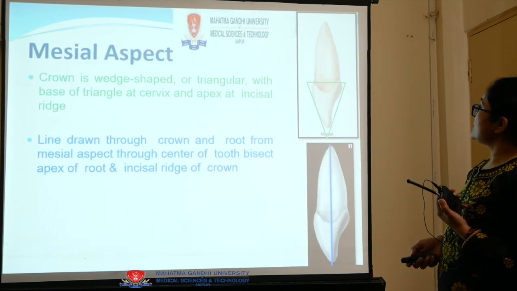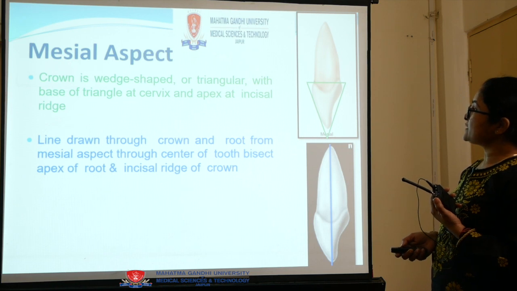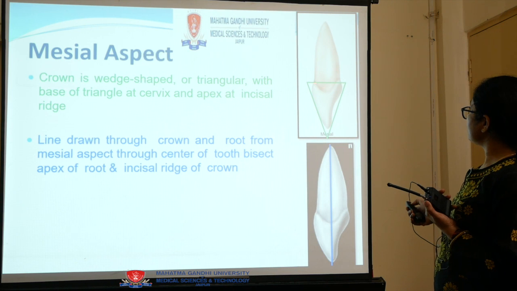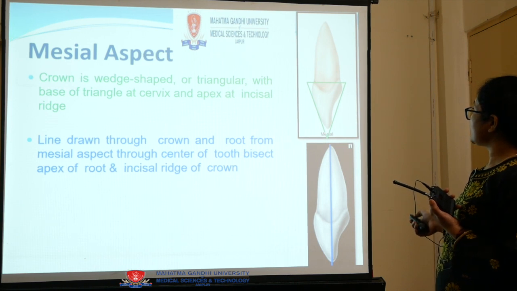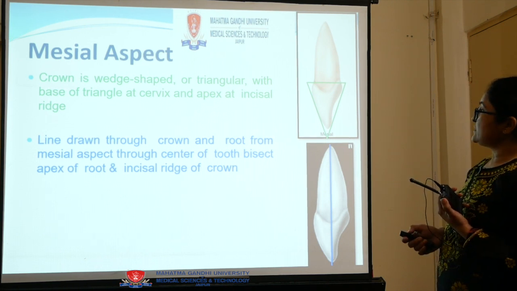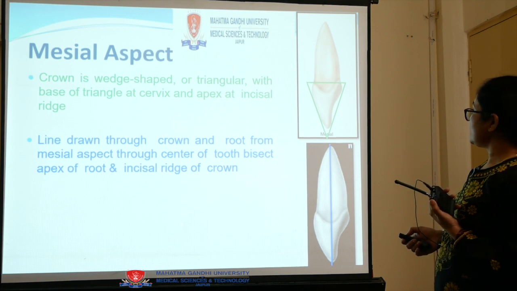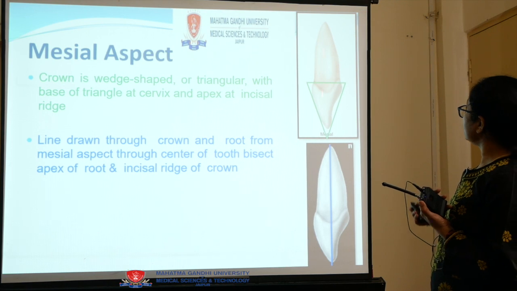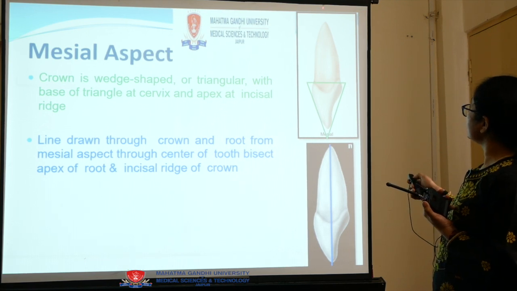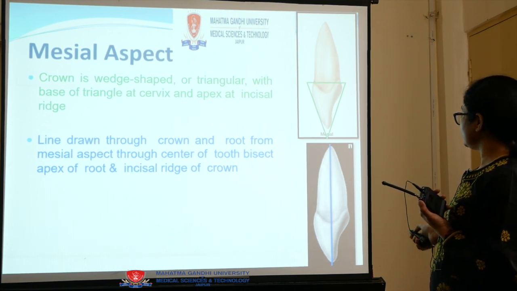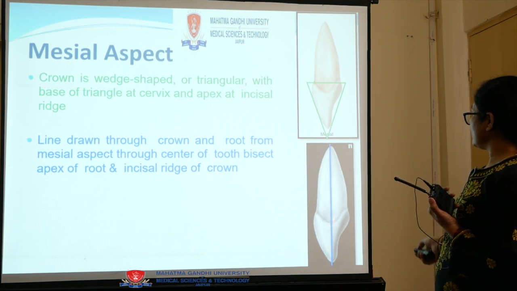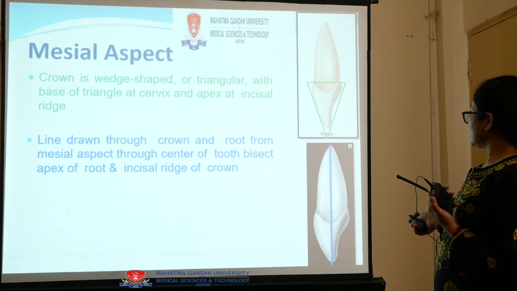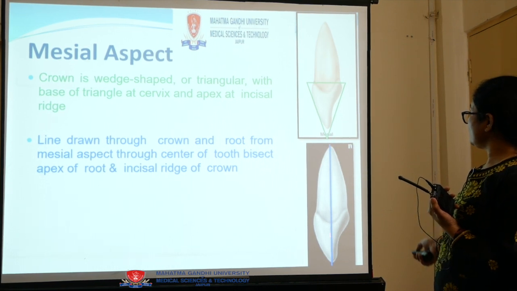The mesial aspect: when we see the tooth from the mesial aspect, the crown has a wedge-shaped or triangular shape, the base of which is present towards the cervical line and the apex is present towards the incisal edge. When we draw a line through the center of the crown and root, it bisects the incisal edge and root apex both in the middle part. So we draw a vertical line, it bisects the tooth and passes almost through the center of the root apex and